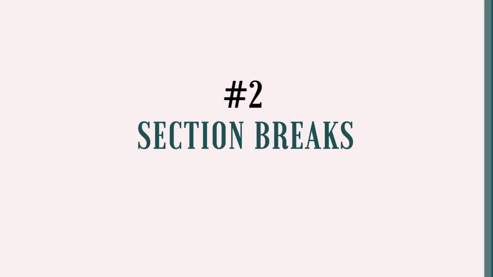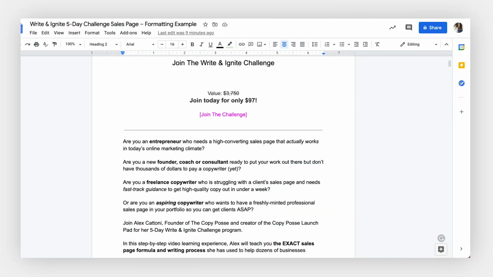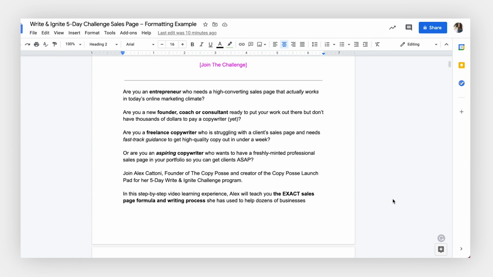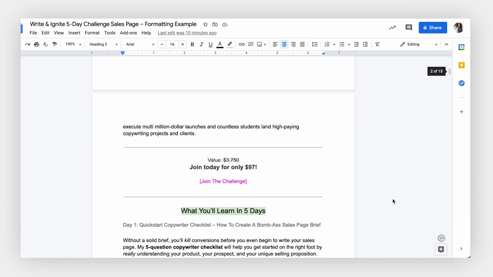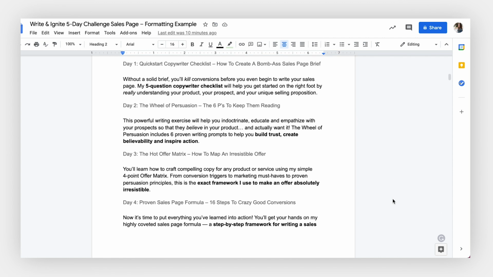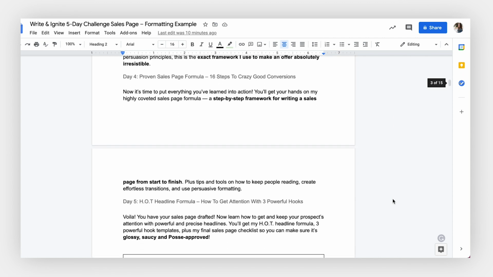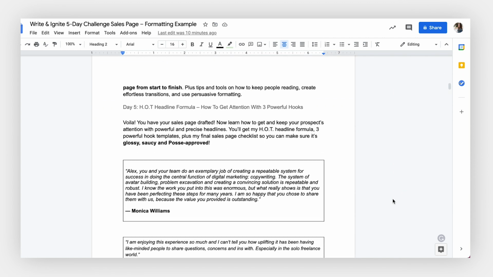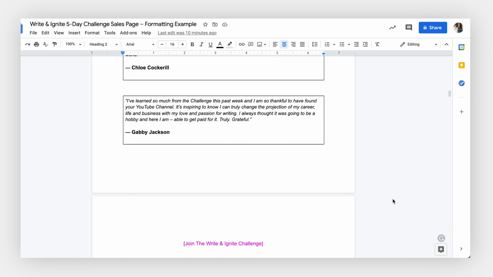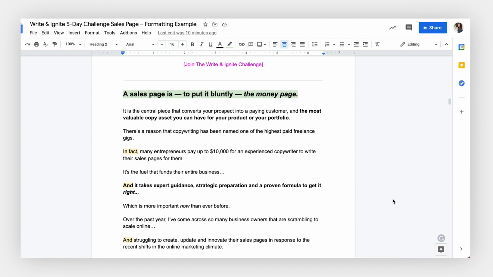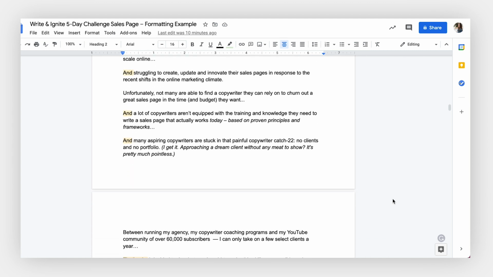All right, so another thing that's really important when formatting your copy is to make sure that you're visually breaking up the text. I cannot stress enough how important this is, you guys, especially if you're passing your copy to a web designer, because it really helps convey the vision you have for your sales page. And as I said before, while your job isn't to design the page, you definitely write it with a specific flow, look, and feel in your mind, whether you're aware of it or not.